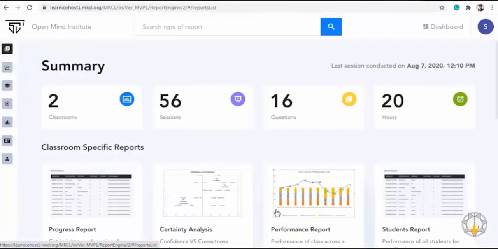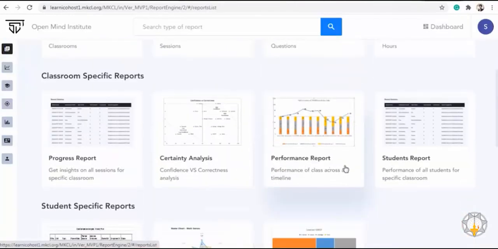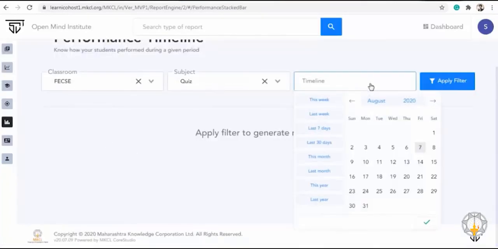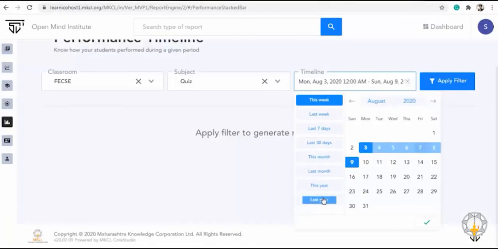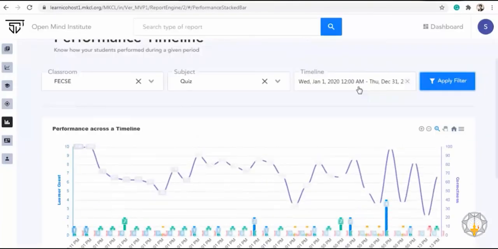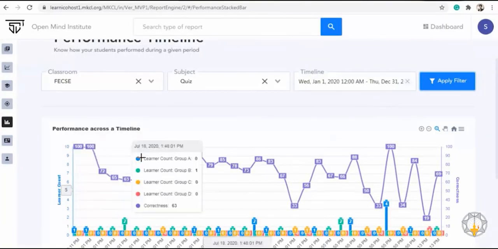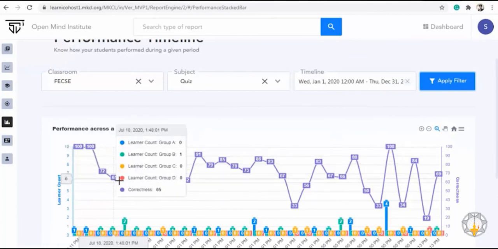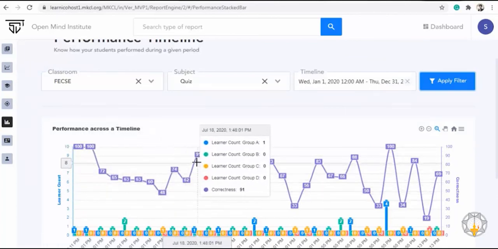Performance report. Using the filters, a teacher can know how their students performed during a given period. Here, the teacher can select the dates or timeline for generating data for the students' performance. As you can see, a graph is generated where the details about the learner's count and the correctness percentage are displayed for different dates.